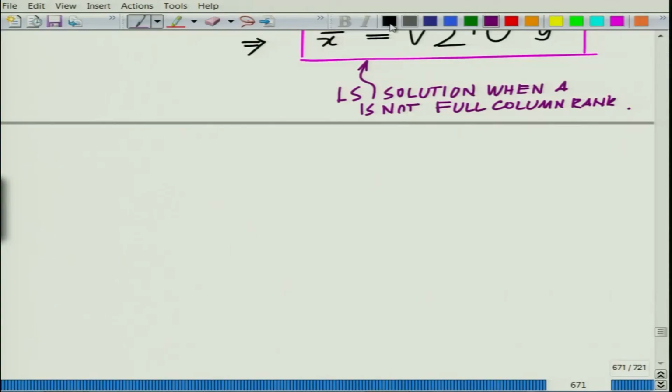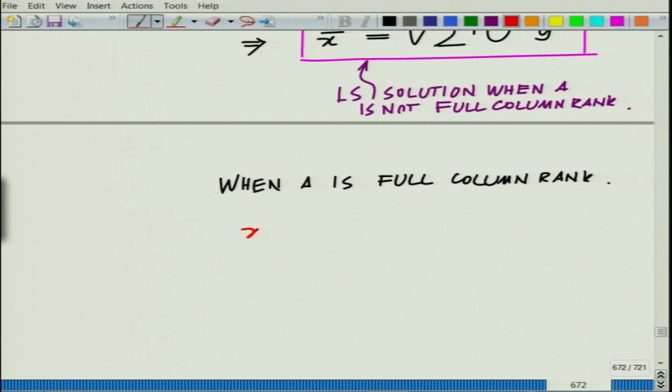is full column rank, remember sigma dagger simply reduces to sigma inverse, that is, since all the singular values are non-zero, you invert all the singular values. So, when A is full column rank, and not very difficult to see, you have x bar equal to V sigma dagger, which becomes sigma inverse, U transpose y bar, which